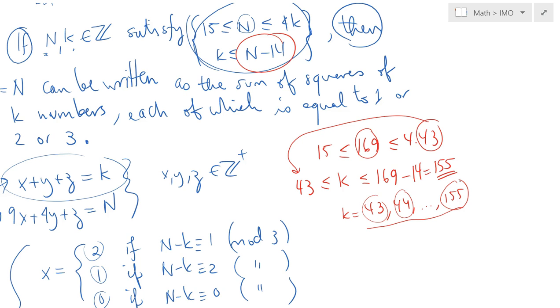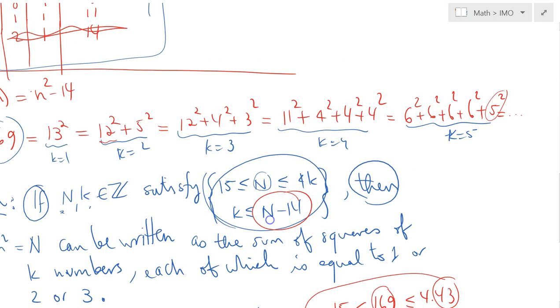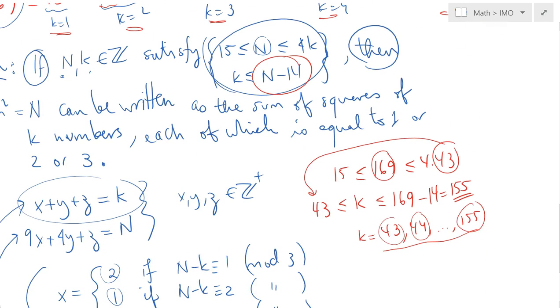169. Now, I think at the beginning I already proved it for k equals 1, 2, 3, 4, 5. So what do we do for the case between 6 and all the way to 42? So we are still missing those. So we need to handle those. But these are also pretty easy. Noticing that,